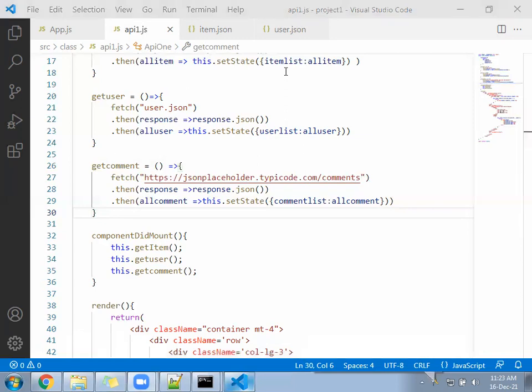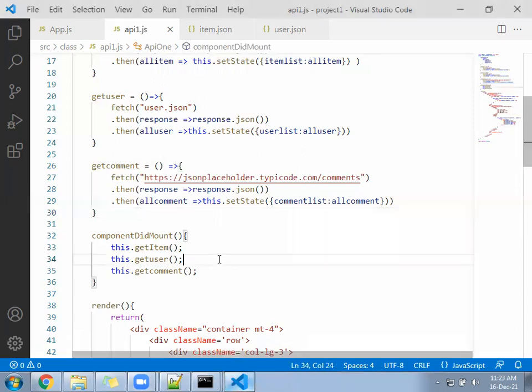Anyone else? Printing. Anyone wrote? Please send me the code once.